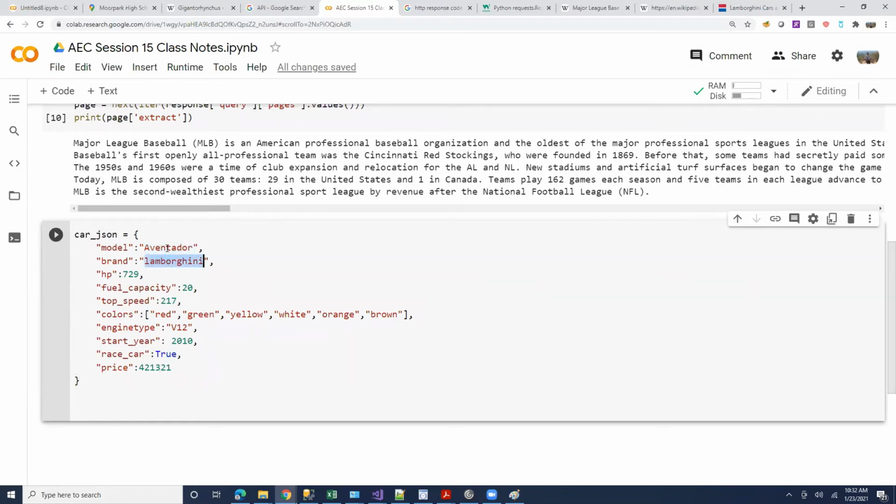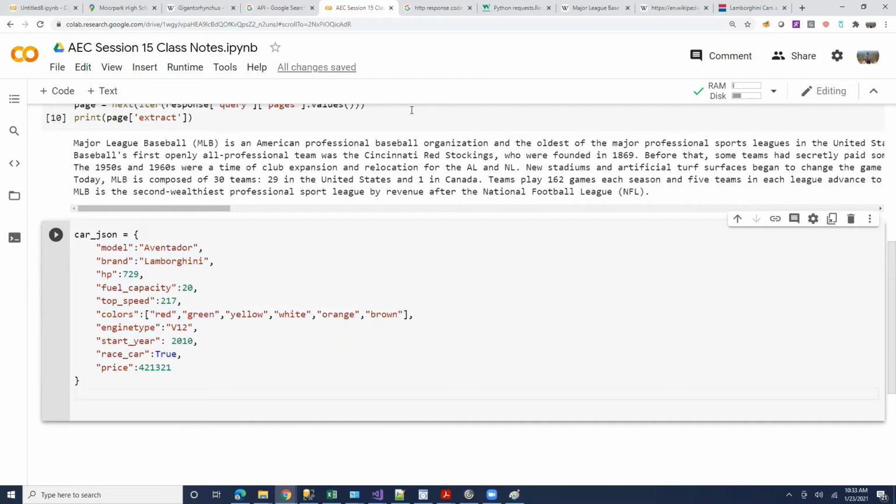So Aventador, that's a string. This is a string. Okay, let's make it capital L. What type of data is this? Integer. What type of data is this? List. What type of data is this? Bool. Absolutely. So nothing fancy, right? So far, everything you guys are able to follow. Right. So everything exactly like that.